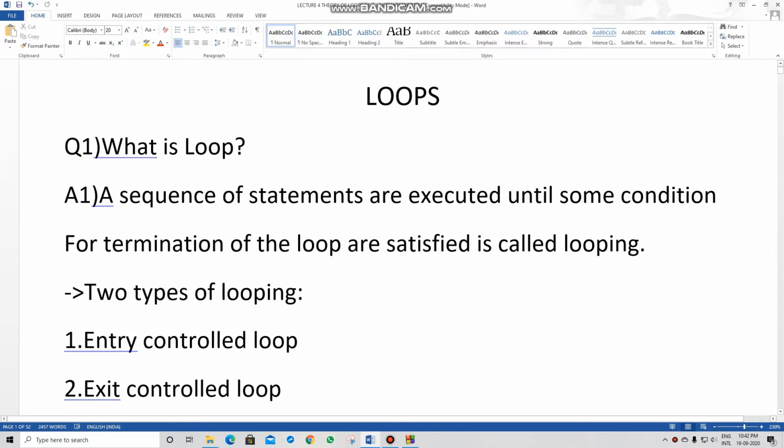Hello guys, this is our programming guru and today we are going to learn about for loops and this is